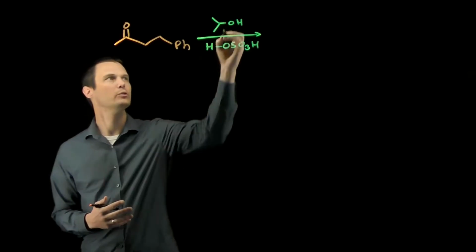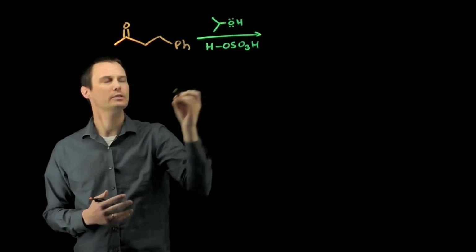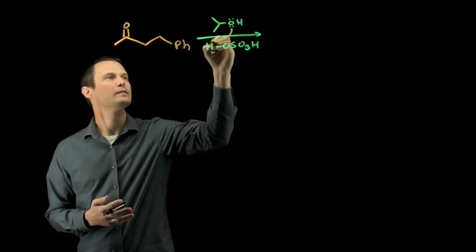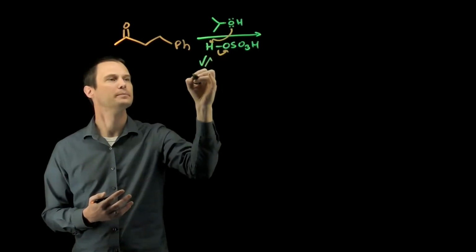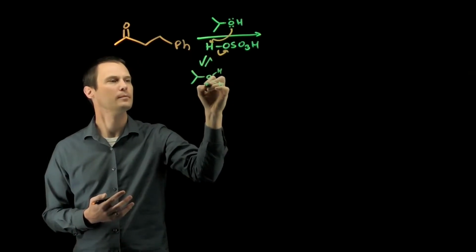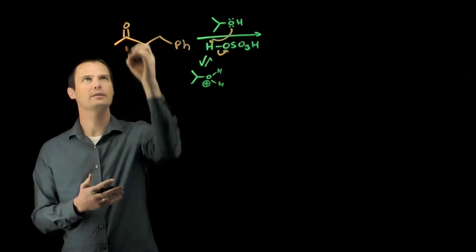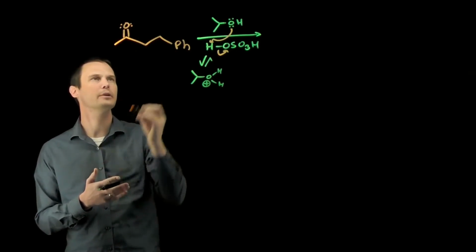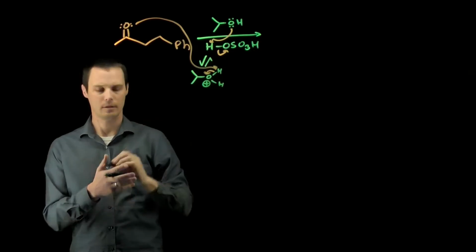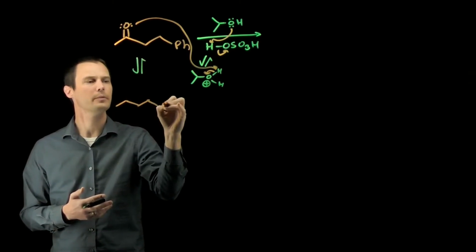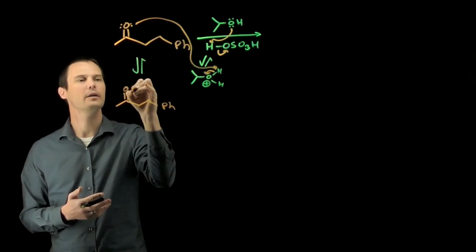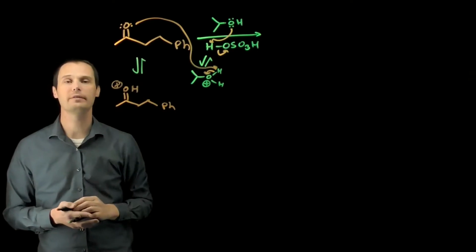So the first thing that we will do is we'll use the isopropanol reagent to deprotonate sulfuric acid. We'll protonate the isopropanol reagent. We can then transfer this proton to the oxygen of the carbonyl. And that will form a protonated carbonyl that is now a better electrophile that even a weak neutral nucleophile like